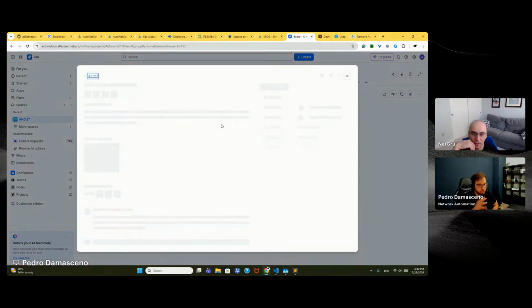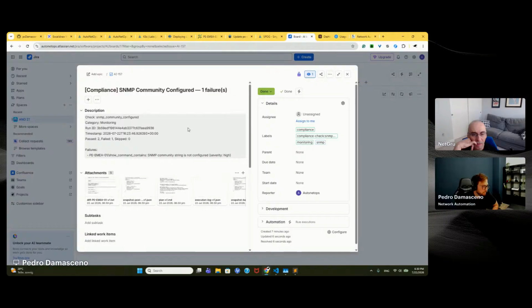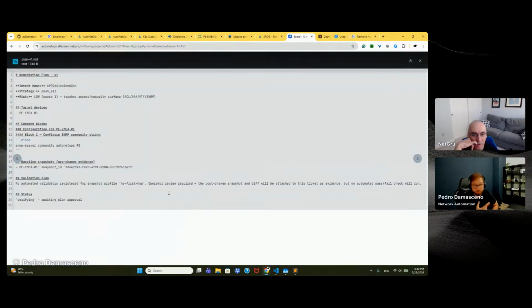So what we'll see here on Jira is all the snapshots before and after the plan, the V1, because maybe I don't agree with that plan. Maybe I want to change something, but I have all the logs for all the plans that it suggested. And this is how I'm building it for my alarms. It's only going to go until the plan. It's never going to fire the execution, but at least I can evaluate how well it is understanding or not,